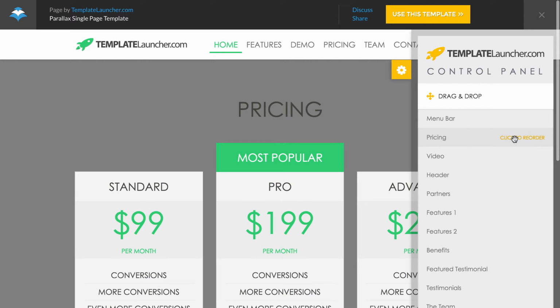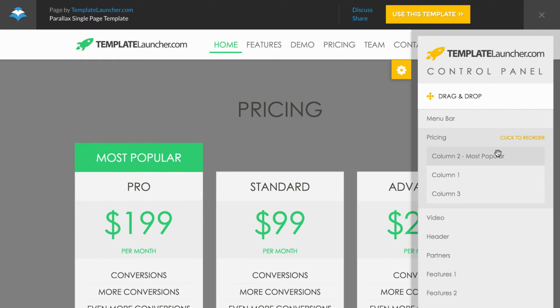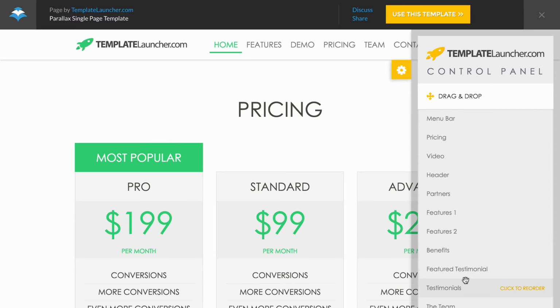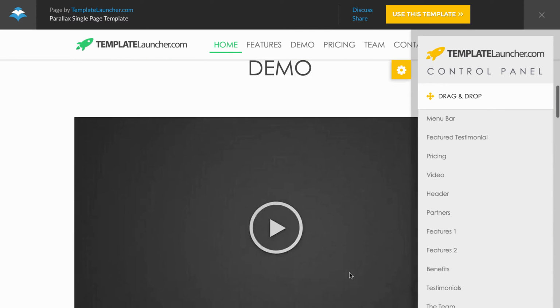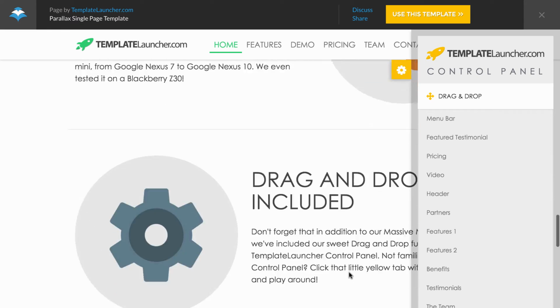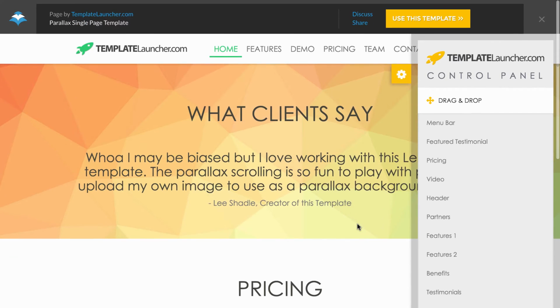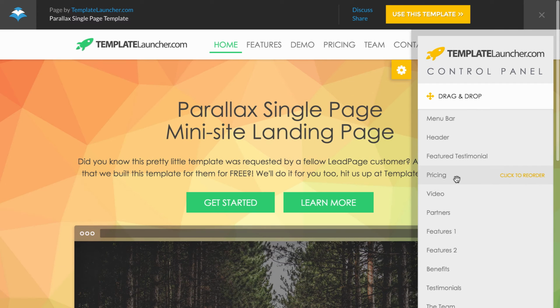And if you click on this section, you can actually rearrange it. Now the most popular is first. Why don't we try moving the featured testimonial up top? There we go. It's as simple as that. You can easily rearrange this page in a million different ways. Maybe not a million, but a lot of different ways. Let me get this right back to the original structure. I think it was something like this,